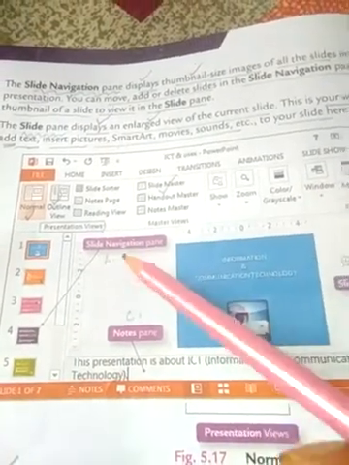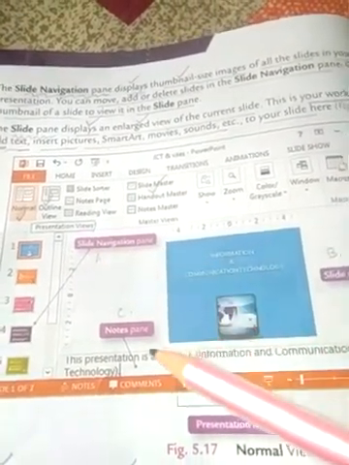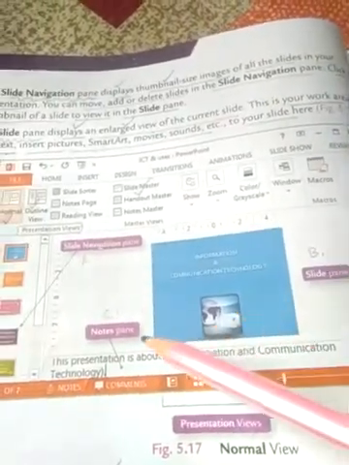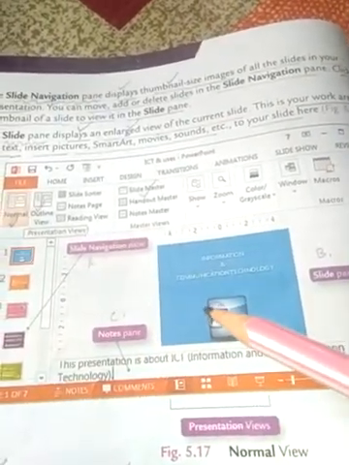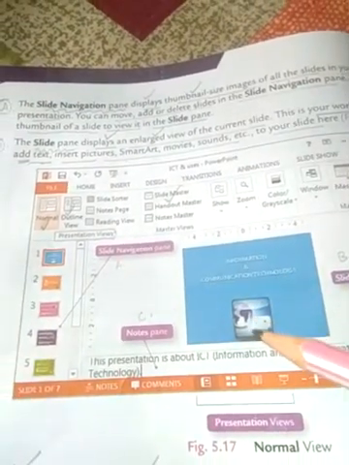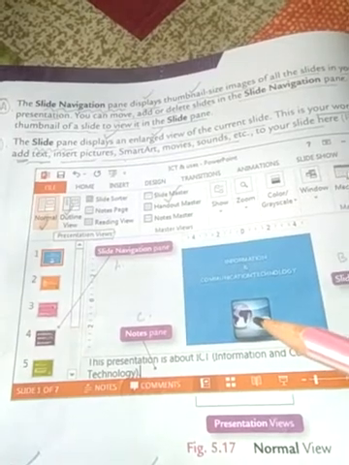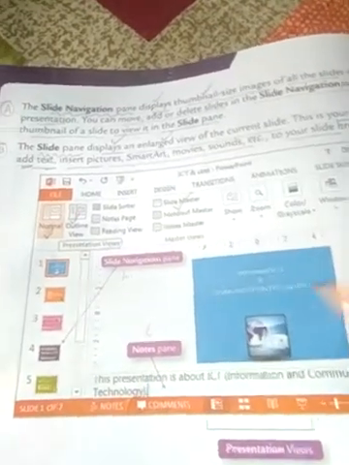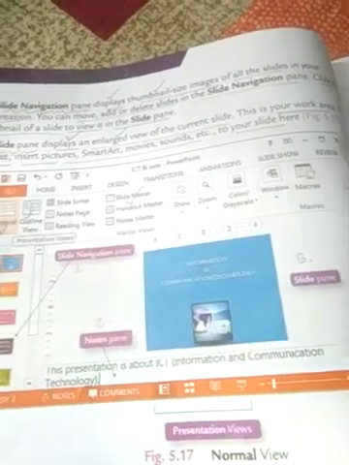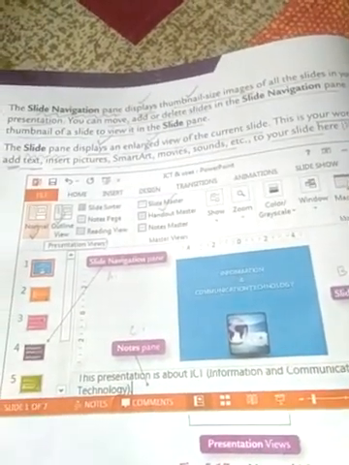Namely, number one, the slide navigation pane, second one is the slide pane, and third one is the notes pane. These three distinct parts of the normal view are also called the panes: slide navigation pane, slide pane, and the notes pane.